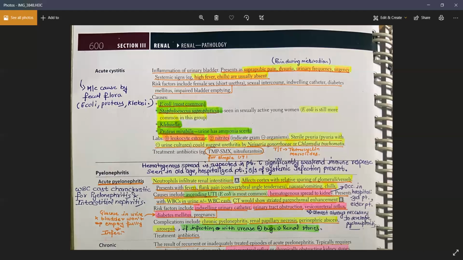Other thing, blood route is often because of a secondary lesion. There will be some primary lesion which is causing infection. Fever will always be present whether you have hematogenous or ascending spread, because it is pyelonephritis. You will always have a fever. So there must be some primary source to get the UTI. Could be anything like any wound, any injury, or a lung infection.